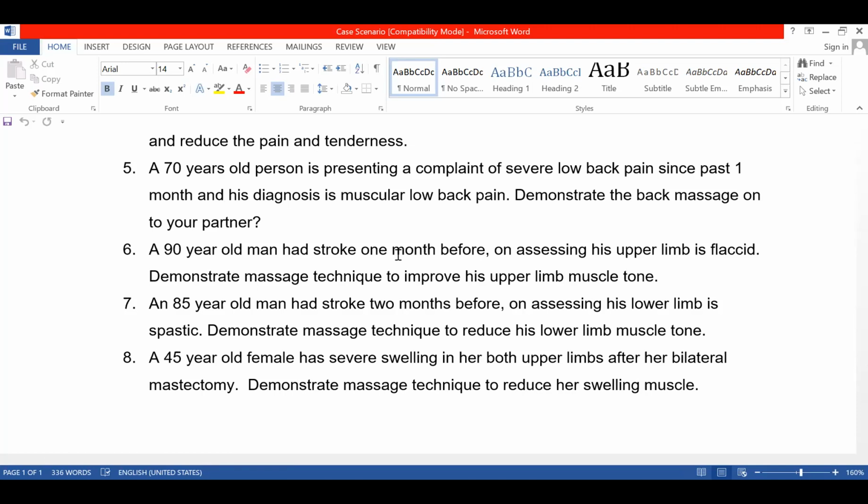Follow up with the skin rolling, and then we do again the effleurage to the lower back. Yes, ma, continue. And then we do the